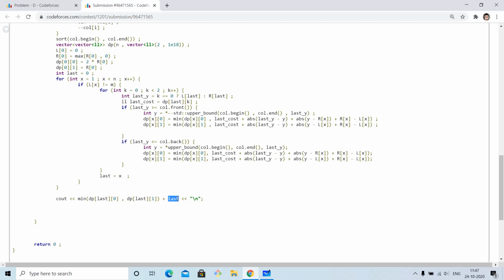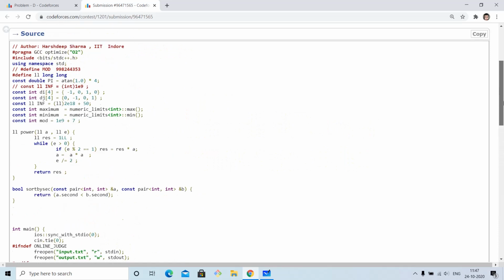And how many up moves do we require to reach 4? We will need exactly 4 moves, because 0 to 1, then 1 to 2, 2 to 3, and 3 to 4. So that will tell us the number of up moves. So whatever the answer, we will then output the answer as such.